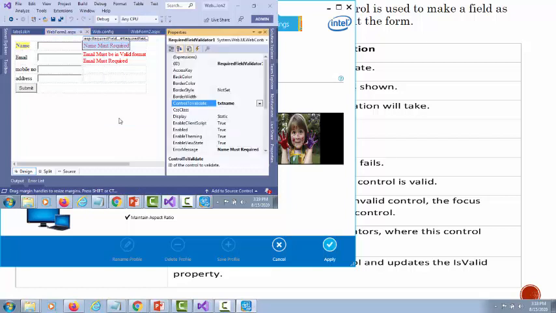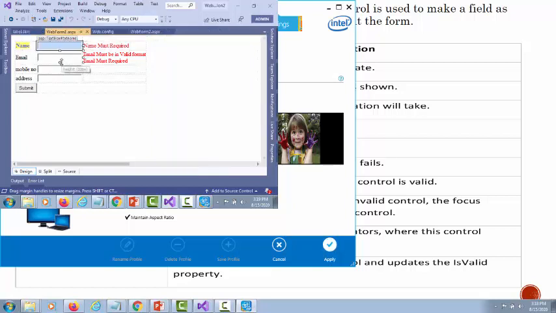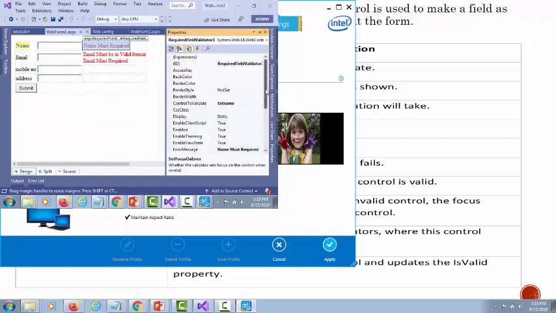Next property you have to set is SetFocusOnError. If you set this property to true, then if an error occurs, it will focus on the name field, otherwise not. Here we have to specify two most important properties. First one is ControlToValidate.